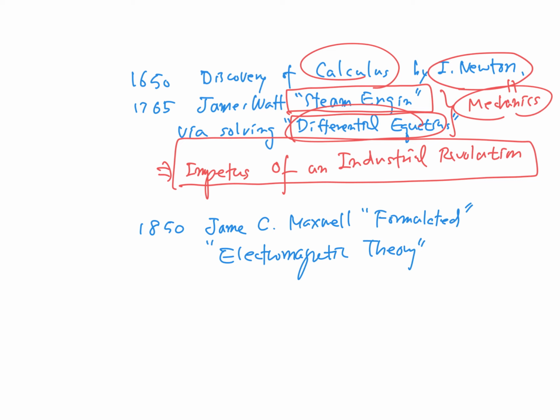So after another 100 years, James Clerk Maxwell was able to formulate electromagnetic theory. He was 16 years old at the time. 16 years old. He's a genius. So he formulated electromagnetic theory, and 30 years later, 1880,